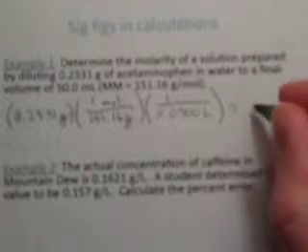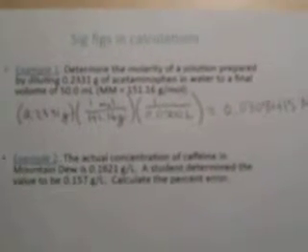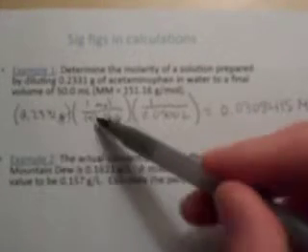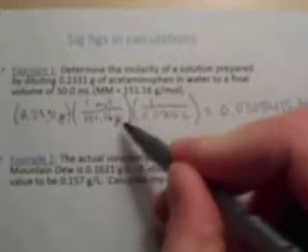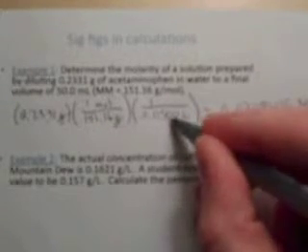Okay. We can crunch this out and do the math, and we come out to 0.0308415 molar. Okay. And so how many of these numbers are actually significant? Well, all we're doing here is multiplying and dividing. And so we'll be limited by the number of sig figs. So here we have 4, here we have 5, here we have only 3. So our final answer will be limited to the 3. And so we'll round off to